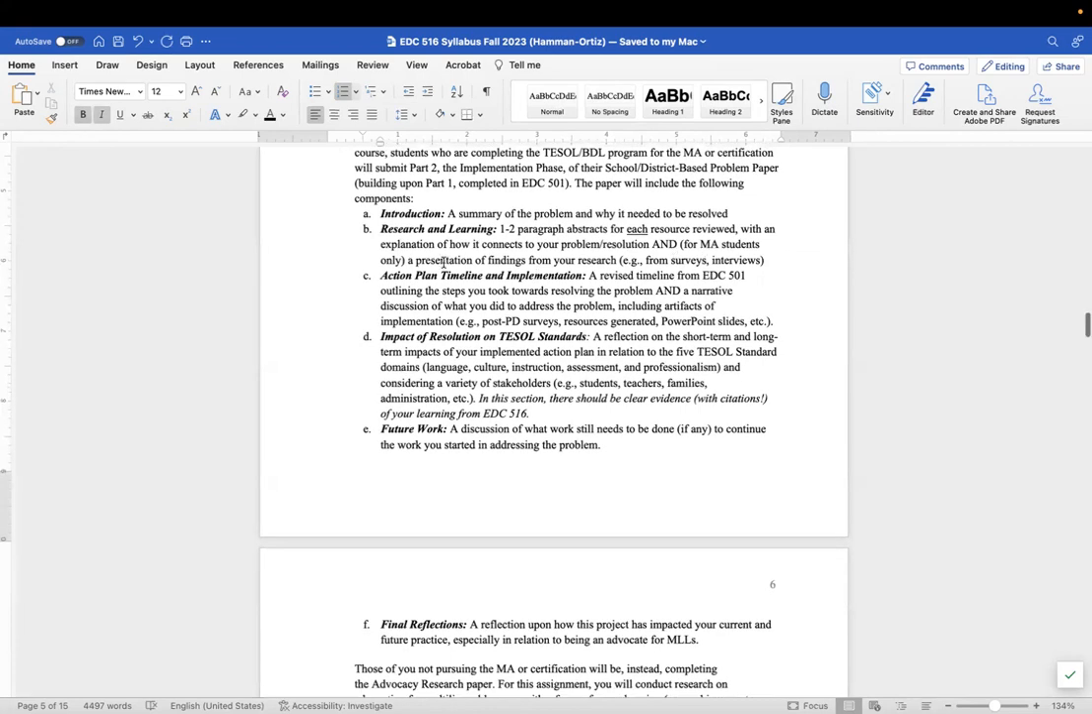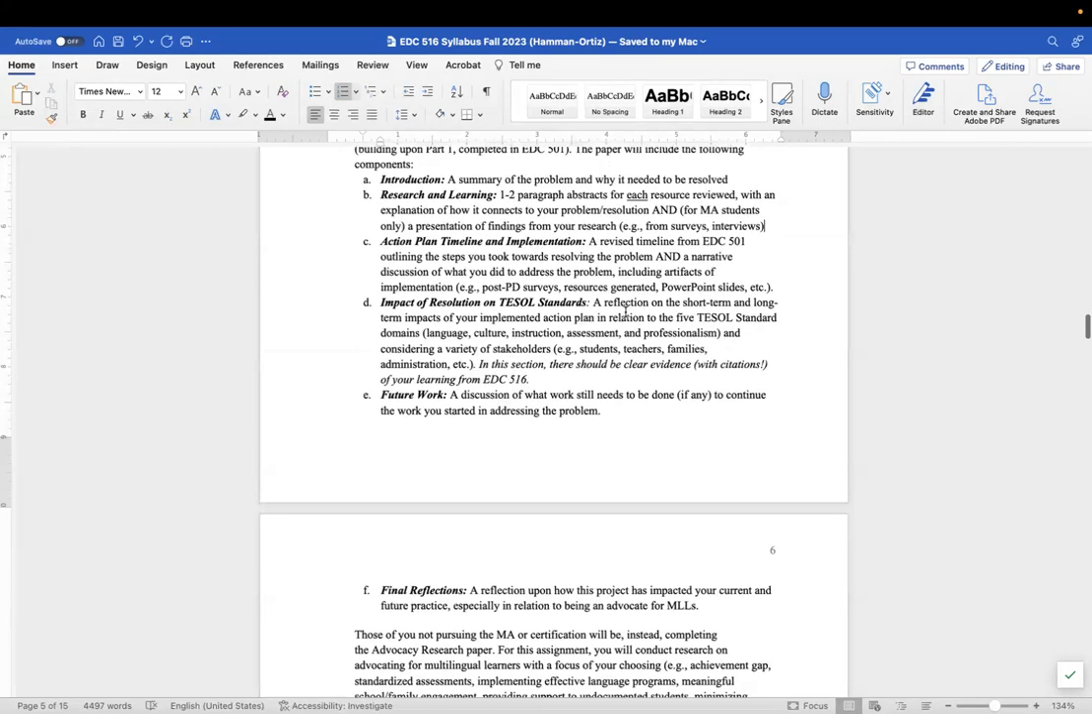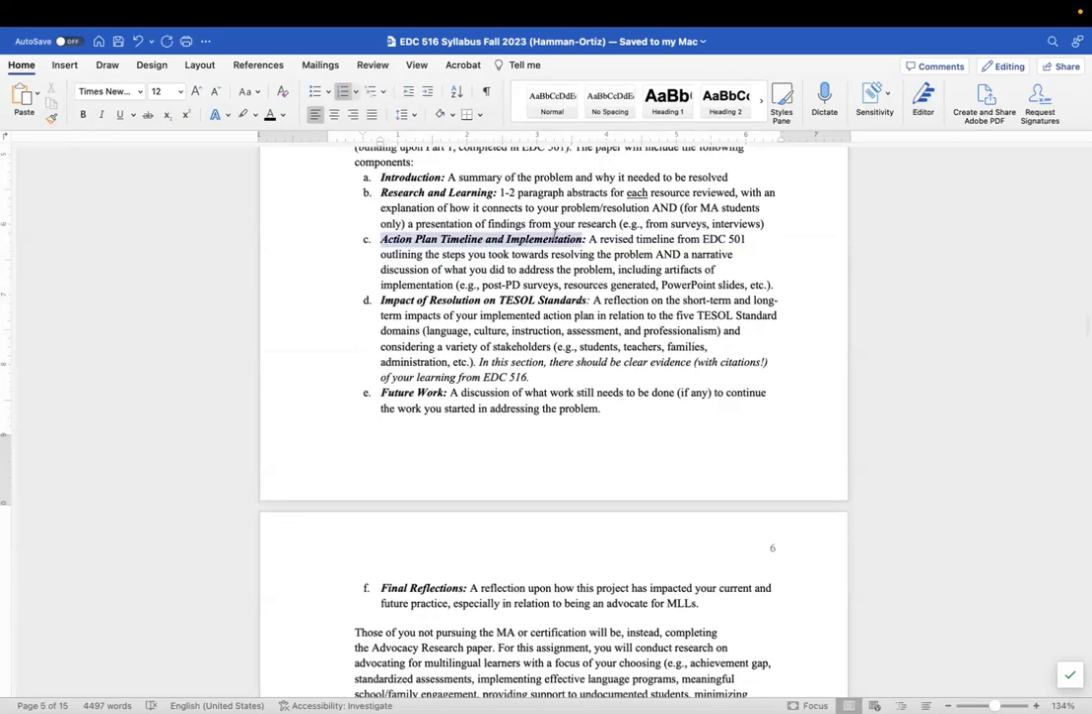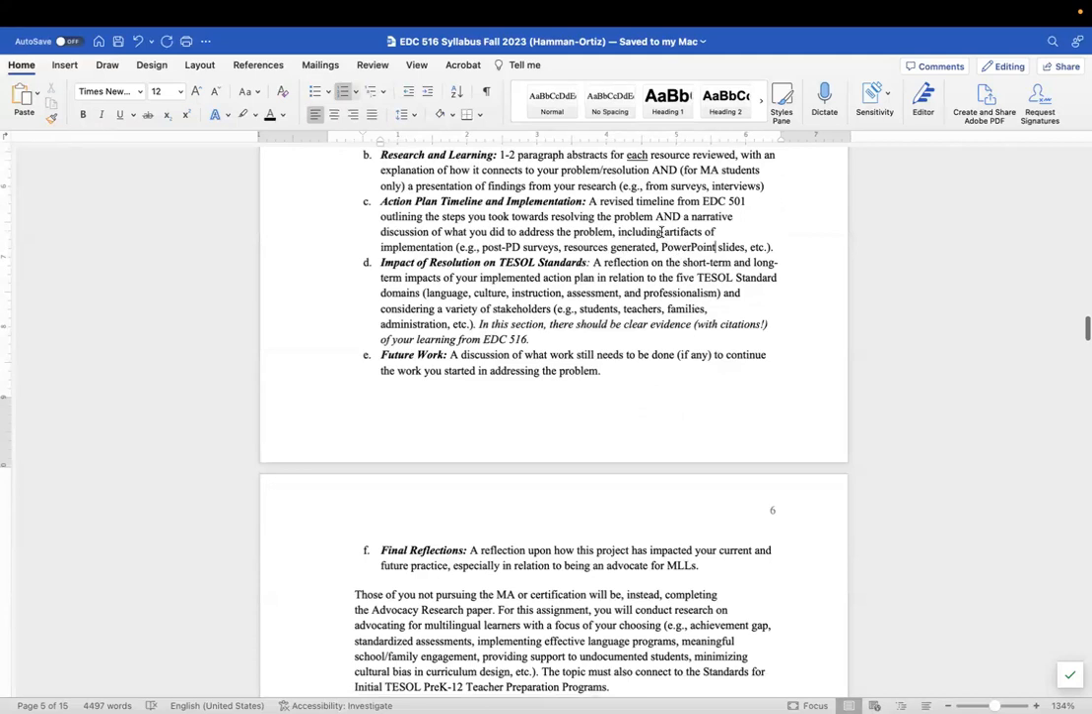And if you're an MA student who also took EDC 506, you are then presenting the findings from the research you conducted, whether they were surveys, interviews, or some other form of gathering data. Then you talk about the action plan. What was the timeline? You're going to revise it from whatever you planned in EDC 501 if there are any revisions necessary. And then you're giving a narrative account of what you actually did to address the problem, including any artifacts